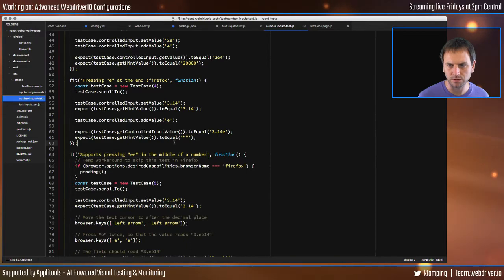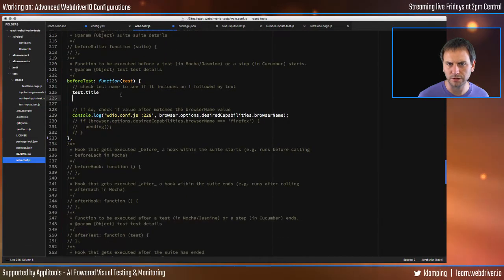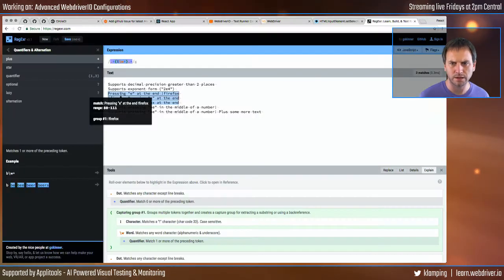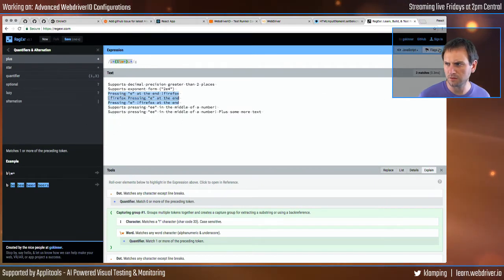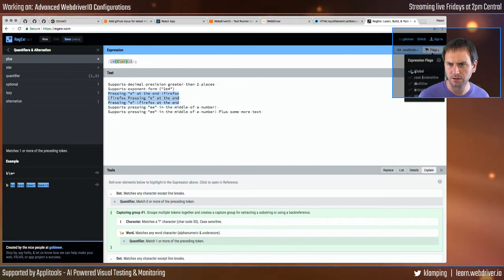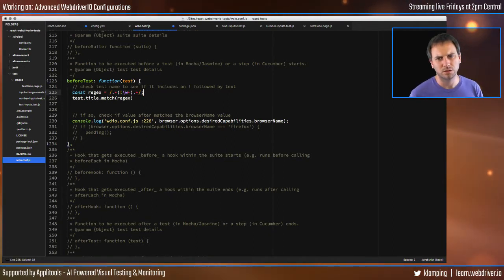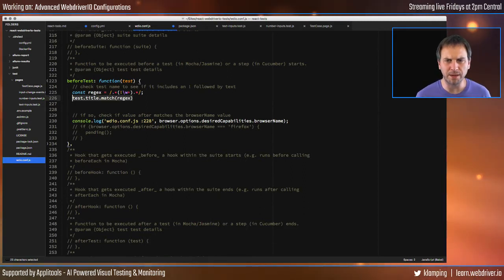So we'll go back to Sublime Text and to our configuration file. And we're going to use the match. We'll do regex is equal to, and then that. I don't know if I need to do global or not. I don't think I need to do global. I think that's mostly just for if we had more than one line, but we're not going to have more than one line, so it's fine. Okay, so test.title.match regex